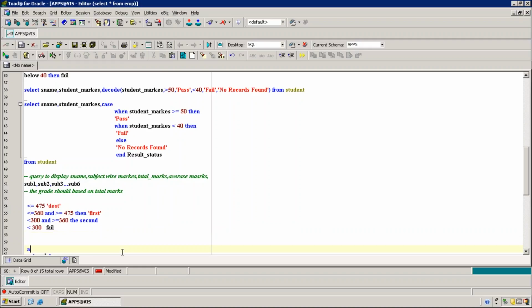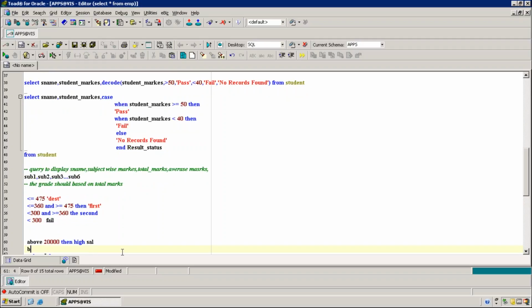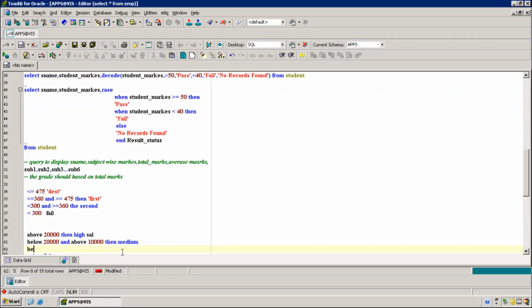If it is above 20,000, then high salary. Below 20,000 and above 10,000, then medium. If it is below 10,000, it's low.